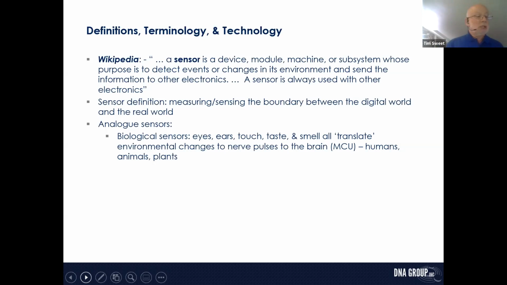So I went searching for other sites and definitions, and although I could not find a concise phrase, I think that the measuring of the boundary between the digital and the real world is a better placeholder for our discussion ahead. Interestingly, this broadens the scope to include our most common sensors, the ones that exist in nature and indeed even in our own human body.